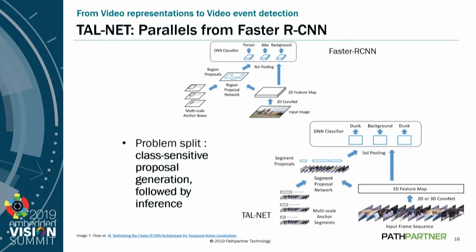The other approach in this direction was to draw parallels from what actually improved the speed in RCNN-like frameworks, which was faster RCNN. So they split the problem into two parts: class-sensitive proposal generation, followed by the inference. This whole sequence is end-to-end trainable thanks to the SOI pooling, which is exactly the same as ROI pooling in faster RCNN. This, again, is a pretty good idea in the sense that we are generating segment proposals